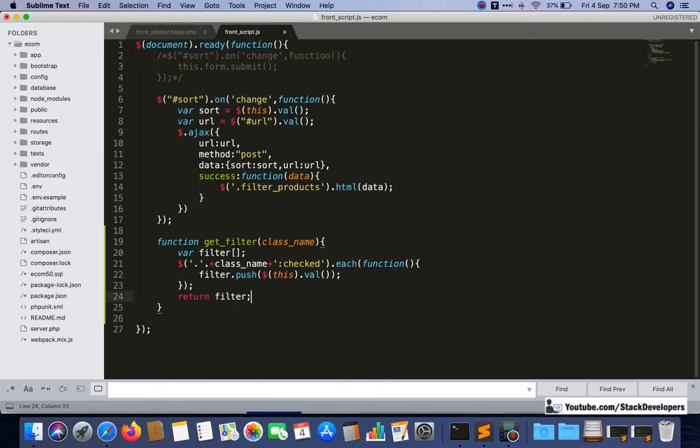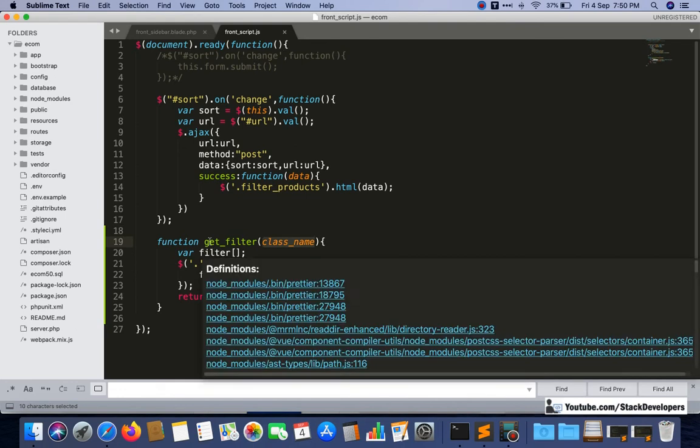So this is the function, a little bit complex, but if you study it again and again, and check how it is working, then it will be simpler for you. Just see that class name is coming up here. Class name means any of the classes, like fabric class is coming here. Then we are taking the filter array.